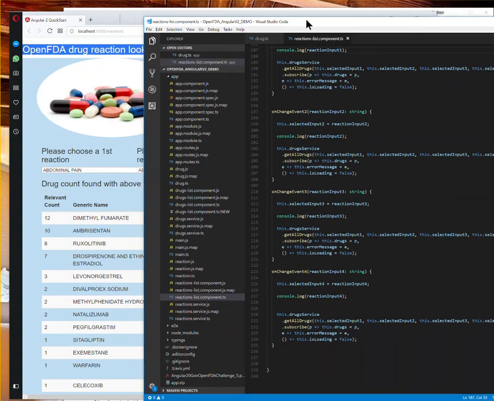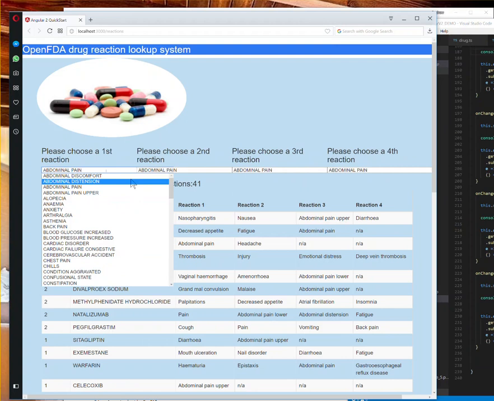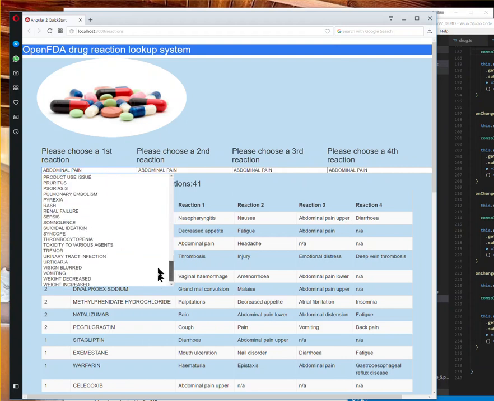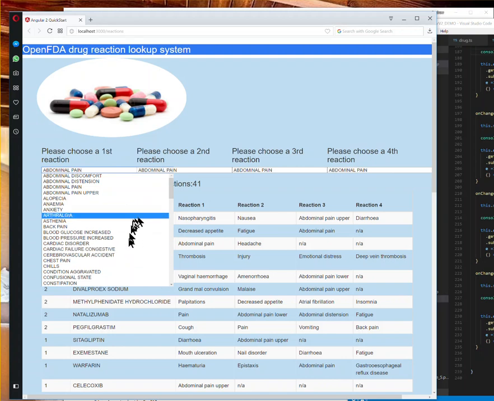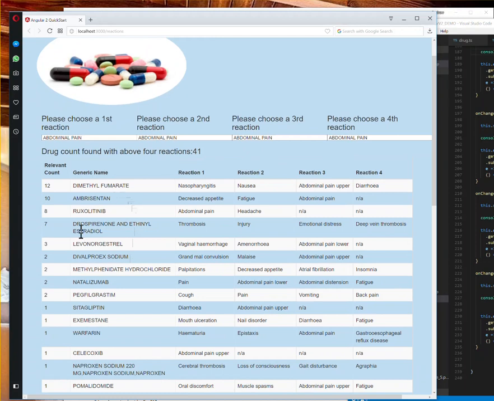One, I go in and grab different reaction to a REST query. That's how I got these dynamically pulled from OpenFDA website. And then after the user select any of these four, then I then use the observable and query